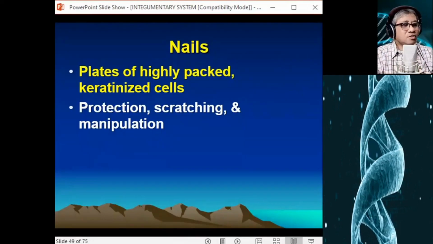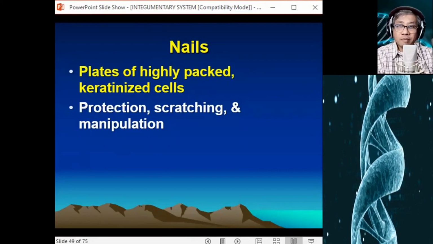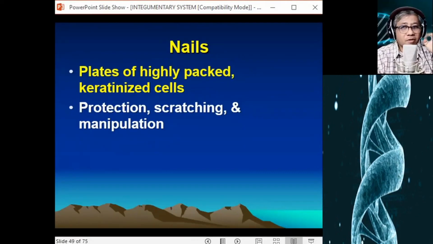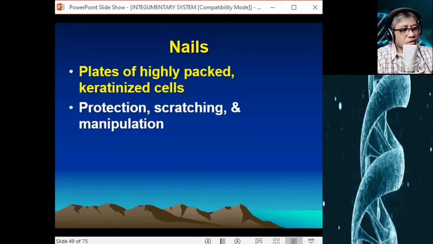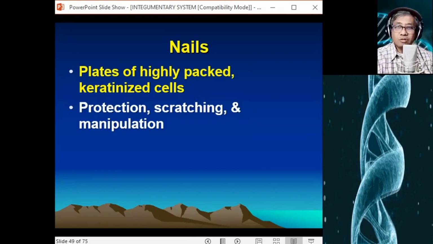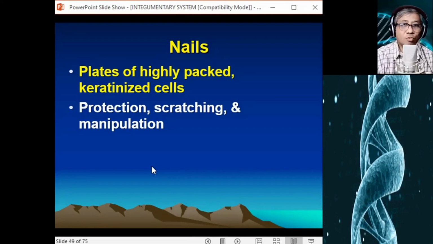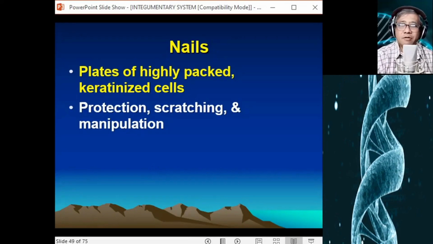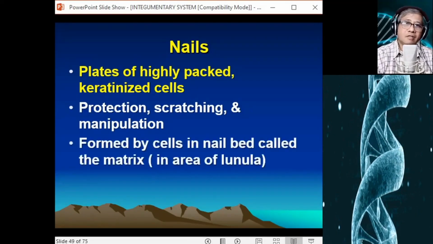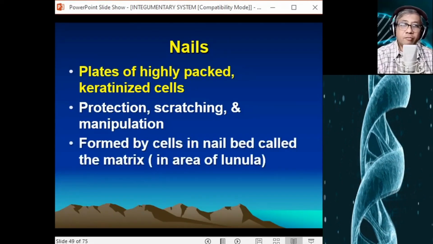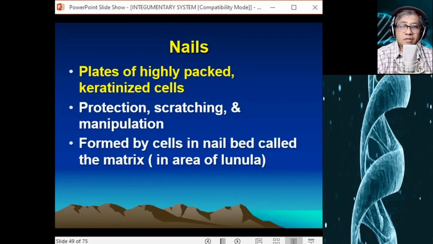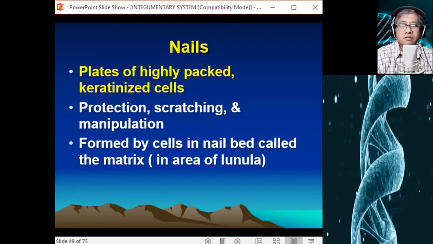Alright, and manipulation, yan, di ba? Yung kuko, lalo na pag mahaba yung kuko, you can manipulate a lot of things. Na parang ano siya, high precision tool, yung ating kuko. Lalo na pag mahaba yung kuko, di ba? For manipulation. Alright, and nails are formed by cells in the nail bed called the matrix, which is in the